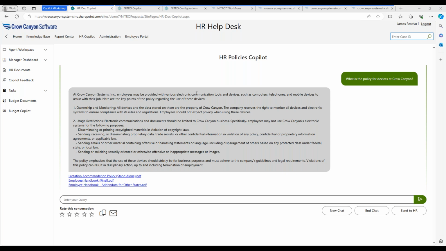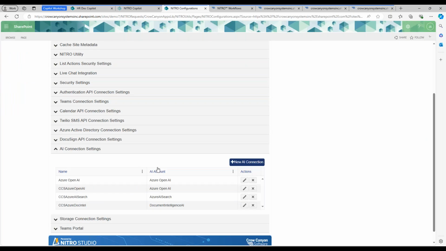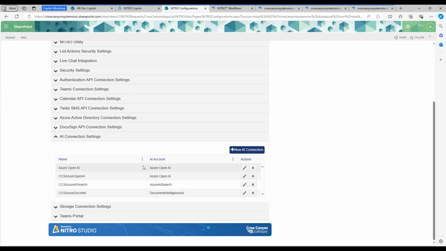But just give you a sense of what's going on behind the scenes here, because that's probably what you guys are here for, more than just seeing something that you've seen on ChatGPT a ton of times. So what's going on behind the scenes here is that we have in our NITRO configurations, we have these AI connection settings. So we have an Azure OpenAI account that we're using in the background to process the document intelligence action, which I'll show you in a minute. There's some Azure OpenAI Search. I think there's some duplication here in these settings. So I think you only need one of these